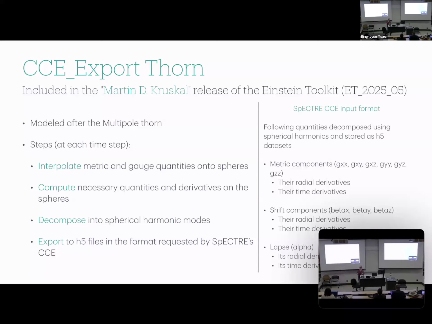The metric data every single time step at those fixed radii. Right, it's at every time step, but decomposed into the spherical harmonics on that. So it's not a huge amount of data, because when you just have it on the spheres and when you have it decomposed into spherical harmonics, it's a lot like how we do store the waveform data, as a function of time on finite radius spheres.